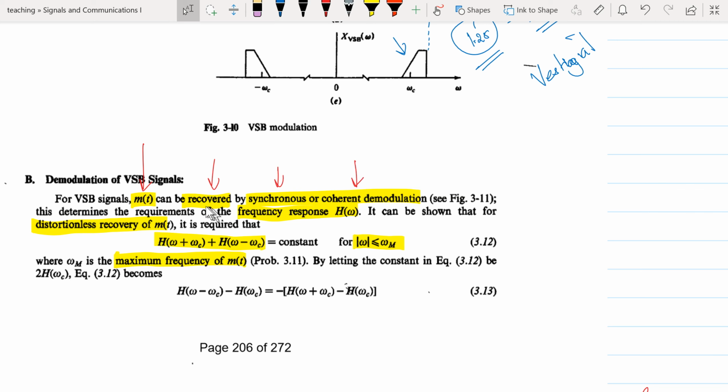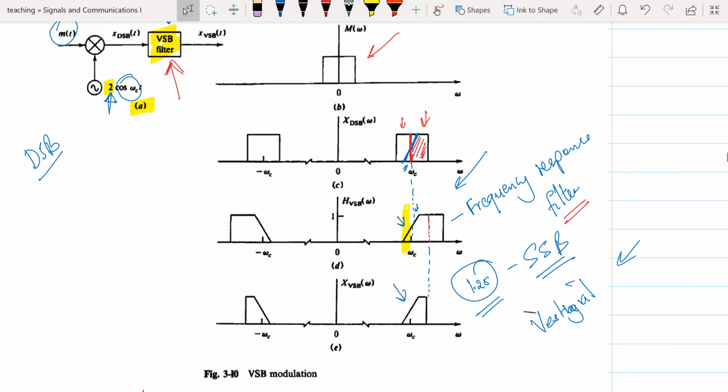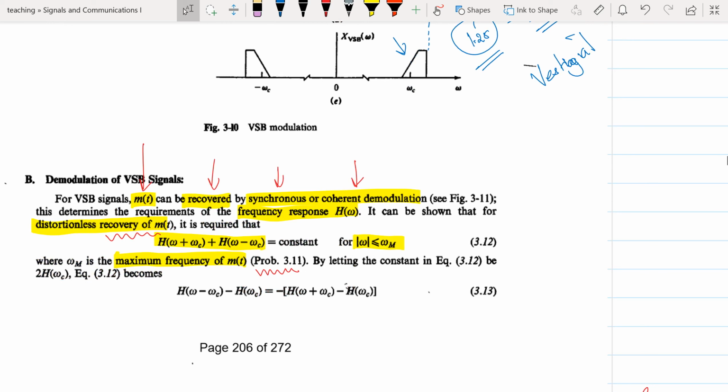And therefore, it can be shown that for a distortionless recovery of m(t), there is a condition that has been stated in problem 3.11, that says that the filter, the VSB filter, must have the frequency response H(omega)